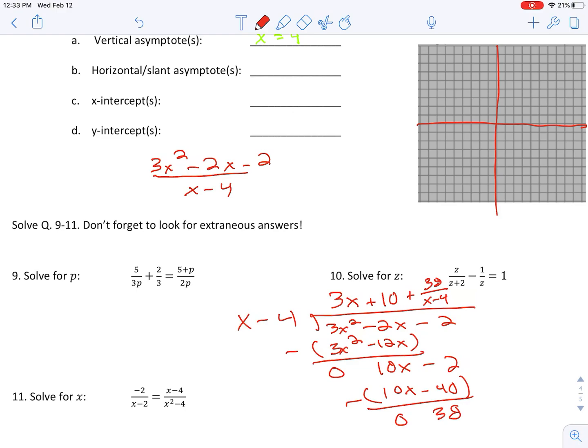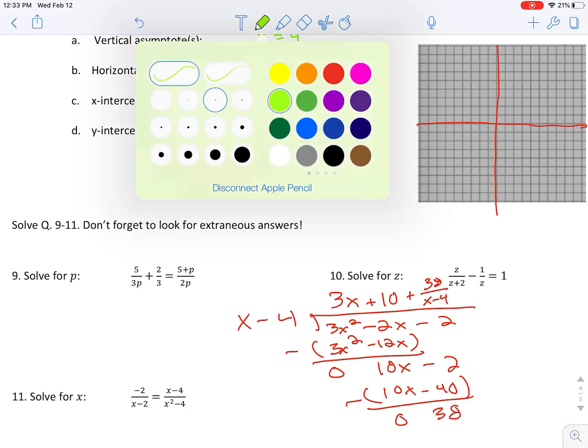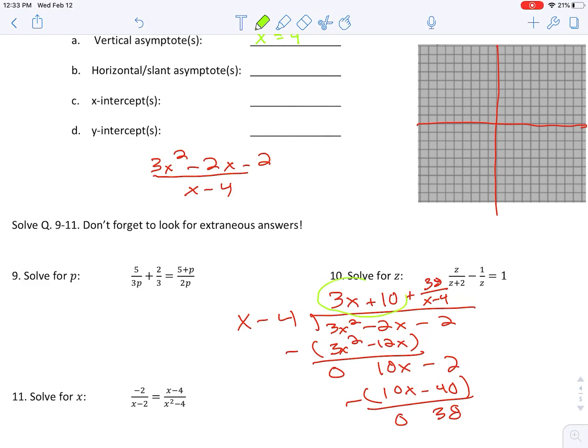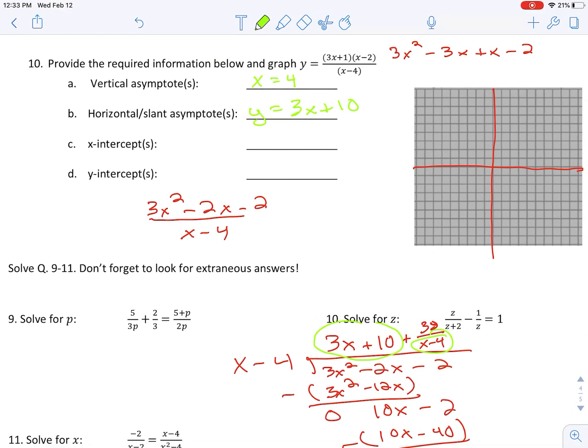All right, so what this means is that this part of it is the slant asymptote. So the slant asymptote is y is equal to 3x plus 10. And the vertical asymptote is located right here, but I already knew that, right? I knew that from the original problem. That's why I usually don't carry it out to the remainder, because as soon as I have my 3x plus 10, I'm good. So I know I got to go up